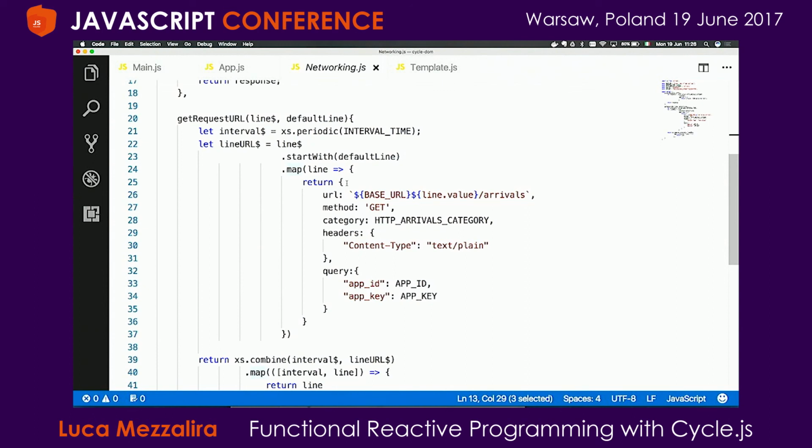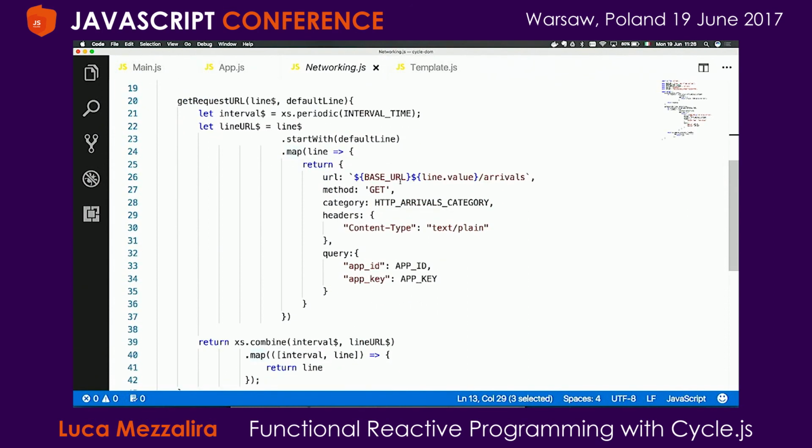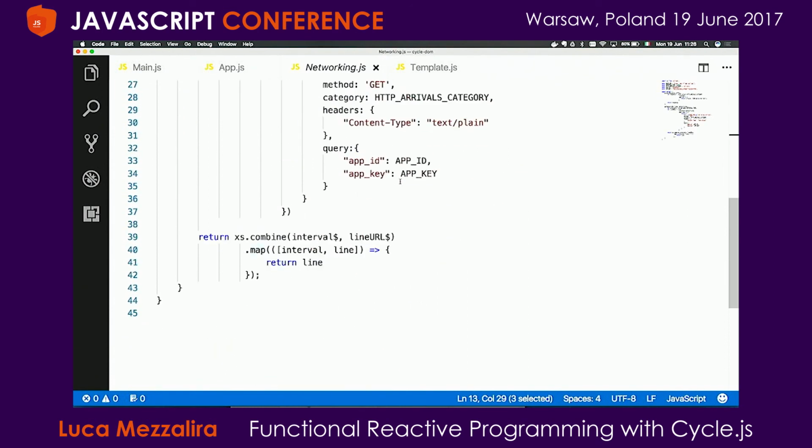And then I create another observable that is just focusing on one thing, that is retrieving the data from the base, the URL for the tubes data. At the end of the day, what I'm doing here is using another operator that is combine in order to say, okay, I want an observable that is retrieving the data, and I want that observable to run every few seconds. And that's what I'm doing there.